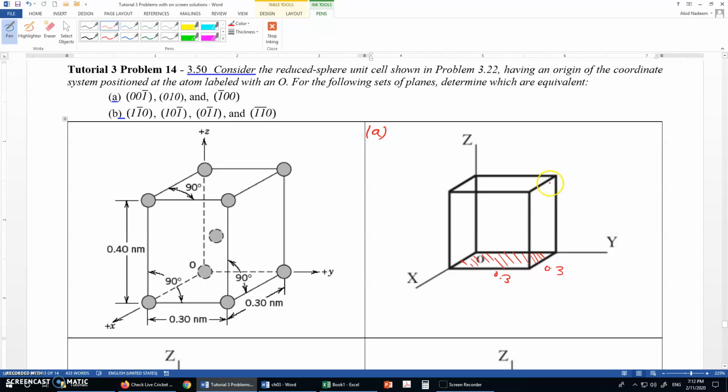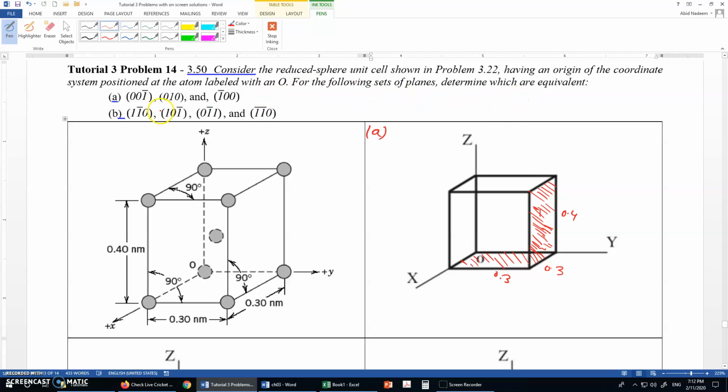So the 0 1 0 plane will be here, because it is parallel to the x and z axis. As we can see, this 0 1 0 plane has dimensions of 0.3 by 0.4 nanometer. So 0 0 1 bar and 0 1 0 are not